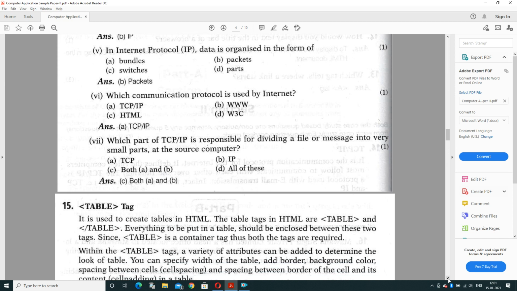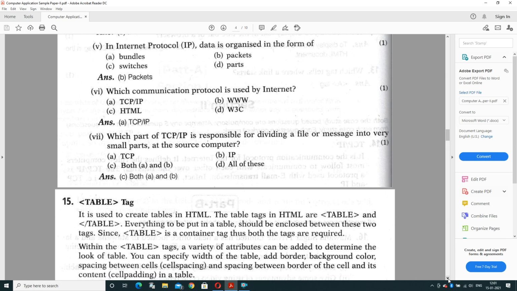The answer is data is organized in the form of packets. Small packets are designed in internet protocol. For example, if you want to send data of 2 GB and your data speed is 256 MB, in that case, a total of 8 packets of 256 MB data will be prepared.